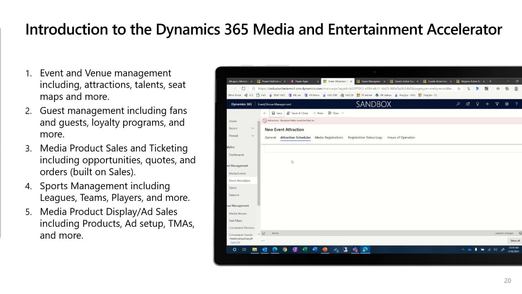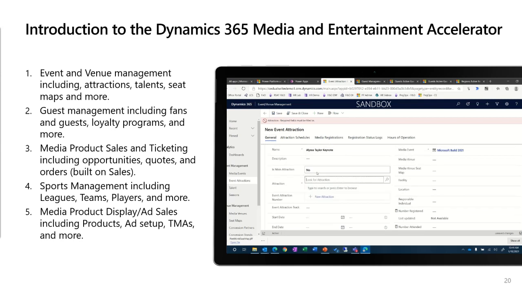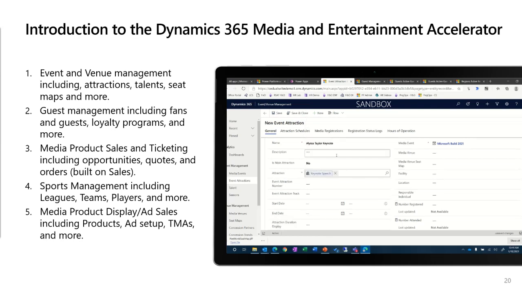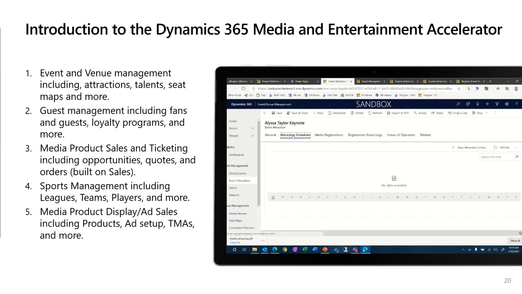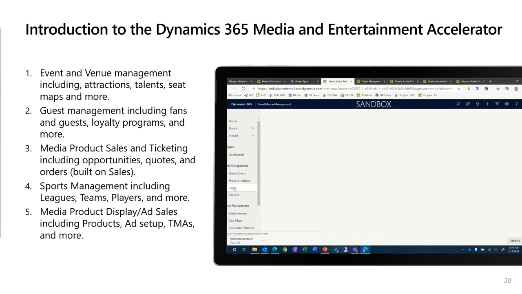You can also make attraction schedules. And I actually forgot to fill in one of the required fields here for the attraction, so I need to link that in and indicate that this was a keynote. So then I can actually save it and start to build out my attraction schedules and indicate what time this is going to happen. If you've got sessions that are repeating, you can make the same attraction have multiple times. And then as people start to register, we can keep track of that. And there's portals to help support all of this.